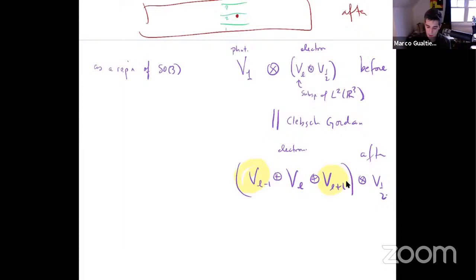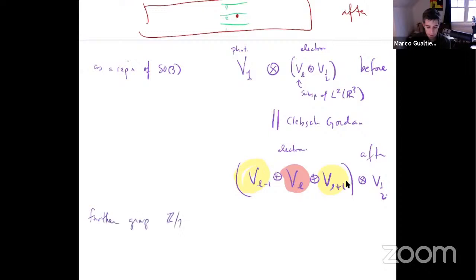What I'm saying is that two of these are the only possibilities, and this one is forbidden for some reason. Why? I just want to point out that there's a whole bunch of other possible spin states that are also forbidden because of the Clebsch-Gordan decomposition. We already excluded the possibility of going to L minus 2 because it's not contained inside this representation. So we managed to exclude a lot of stuff by using the representation of the group. And in order to exclude this one, we need to use another group that happens to act here. So there's a further group.